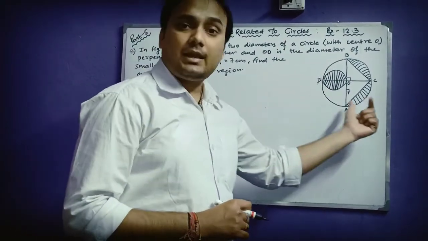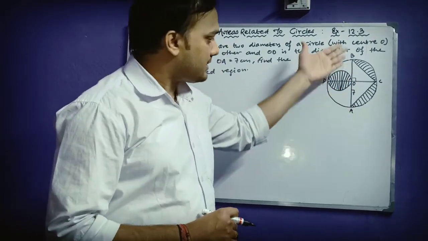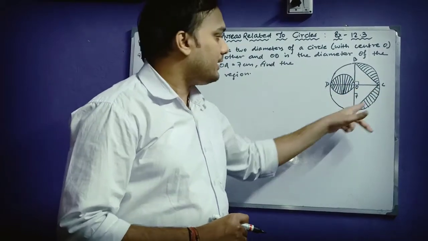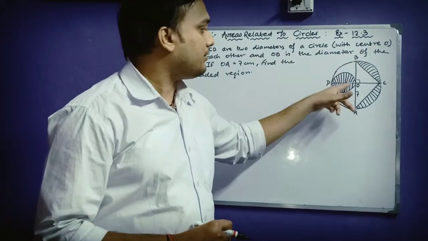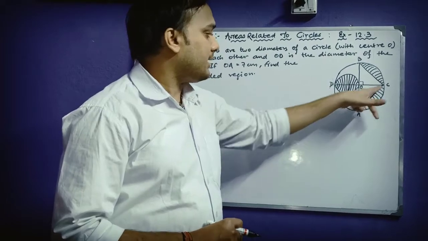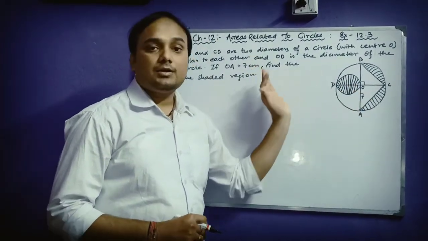So if OC is the height here, I can take AB as the base, and with the help of that, as AB is 7 plus 7, 14, and OC is only 7, I can find out the area of this triangle. I will subtract that from the area of the semicircle to find out the area along BC, that small segment, and this segment along AC, and then finally I'll add that to the area of the small circle here.